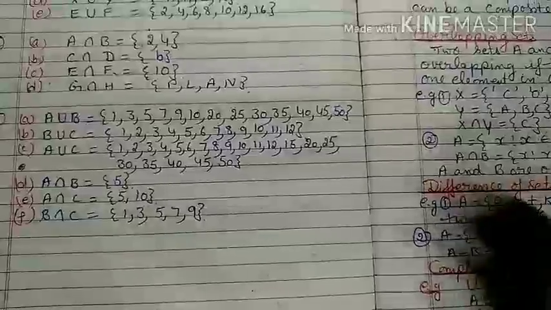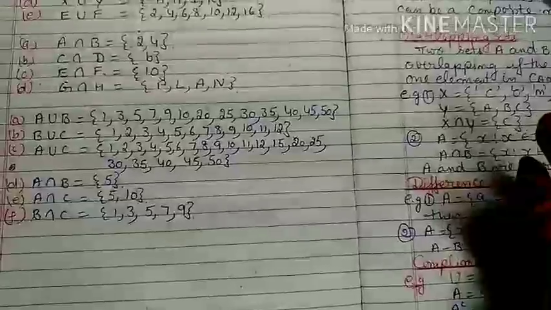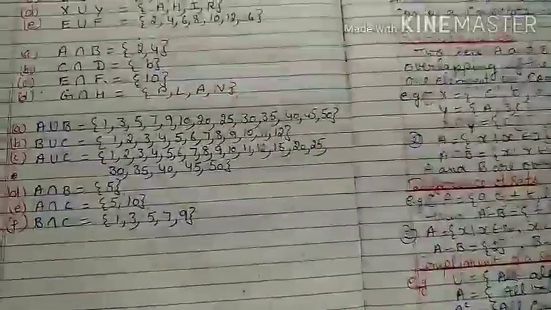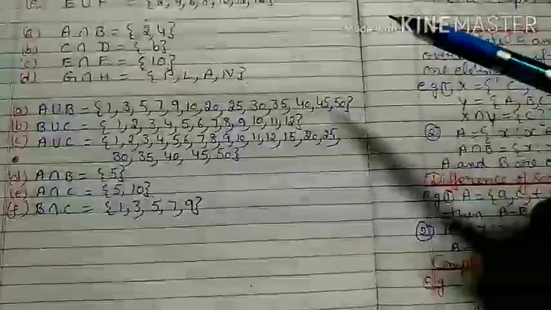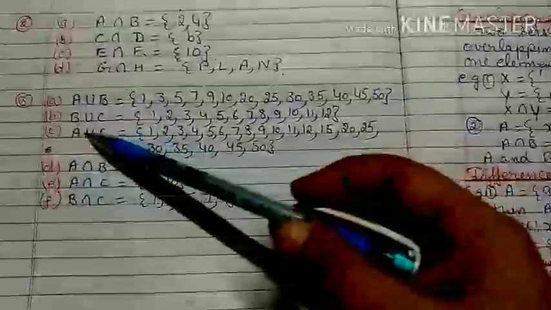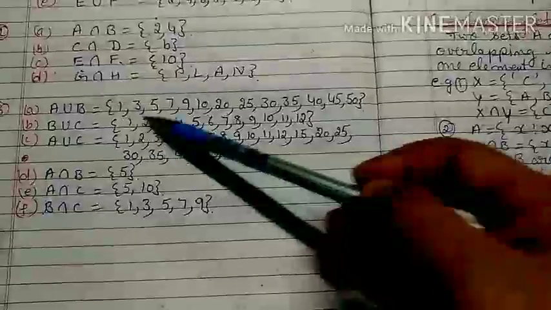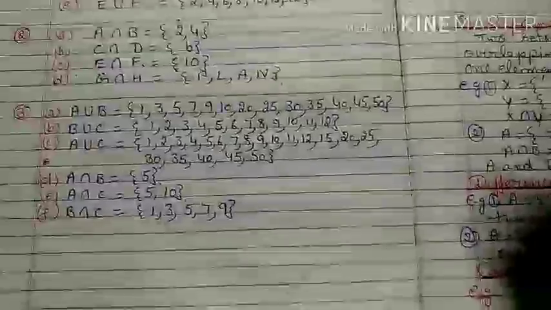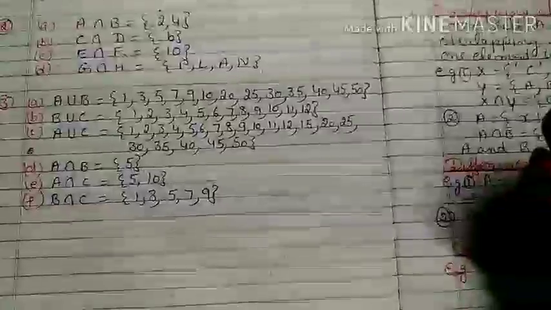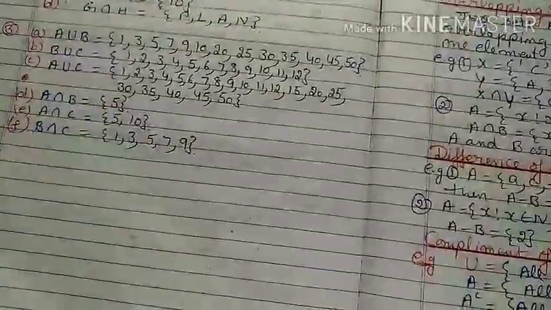Your C set is x belongs to whole numbers, 0 less than x less than or equal to 12. It means 0 is not considered, only 1 to 12, because 0 less than x is given. So that means 0 is not a member of C, and 1 to 12 will be the members of C. Then if you write B union C, you write all the elements 1 to 12, since the B elements are also considered under C. I told you a repeated element should be written only once. Similarly, you have to go with A union B and A intersection C with the other elements. Intersection means you have to write the common elements.